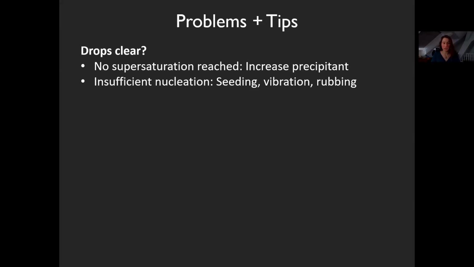Problems and tips. Drops clear. No supersaturation reached. Increase precipitant. Increase protein concentration. Insufficient nucleation. You may try seeding, vibration, or rubbing on the glass. If there's glass, rub on it with another piece of glass. Try to introduce something that will help. Seeding is definitely the best here. But if your macroscopic seeds are dissolving immediately, you just have a problem with the precipitant and you need to